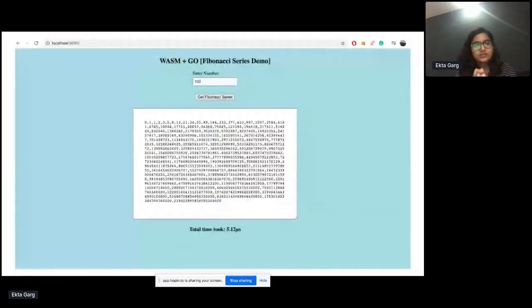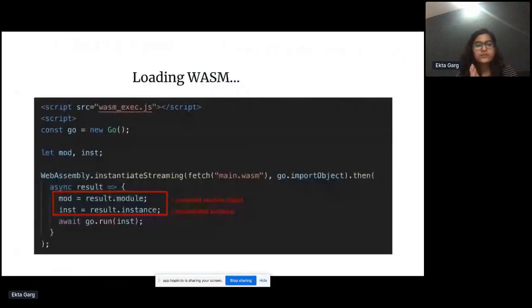Let's see the demo. This is the application where I'm doing everything in the browser, right? There is one executable. I enter any number and then get the Fibonacci series. Everything is happening using an executable. Let's see the code. The first step was loading Wasm. How do we do that?